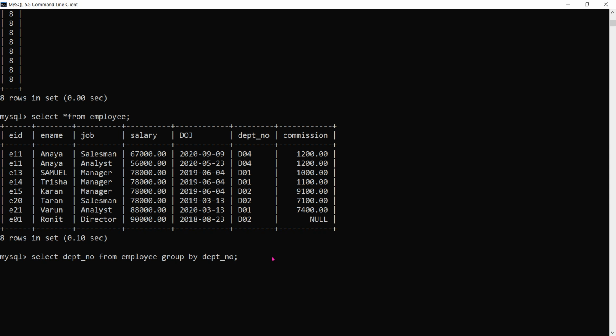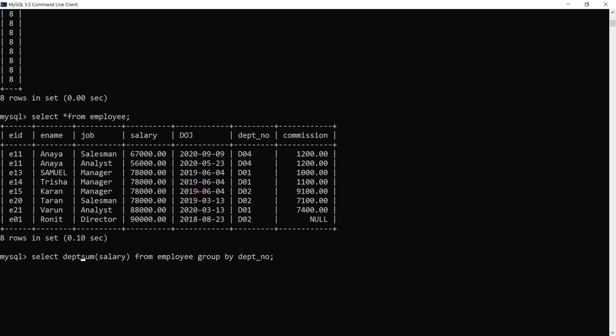In this case, if we would like to display the total of the departments, an aggregate function can be used here, because aggregate functions are also group in nature, because they work on group values. So we can write department number first and then the sum of the salary of each department.